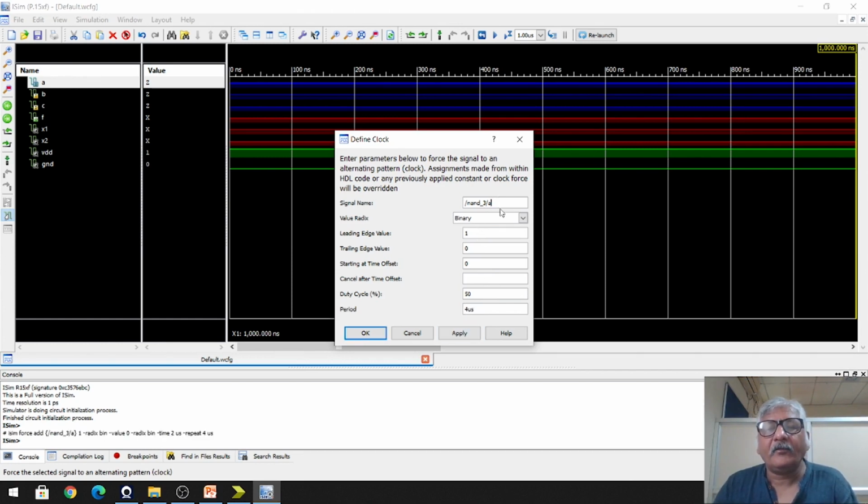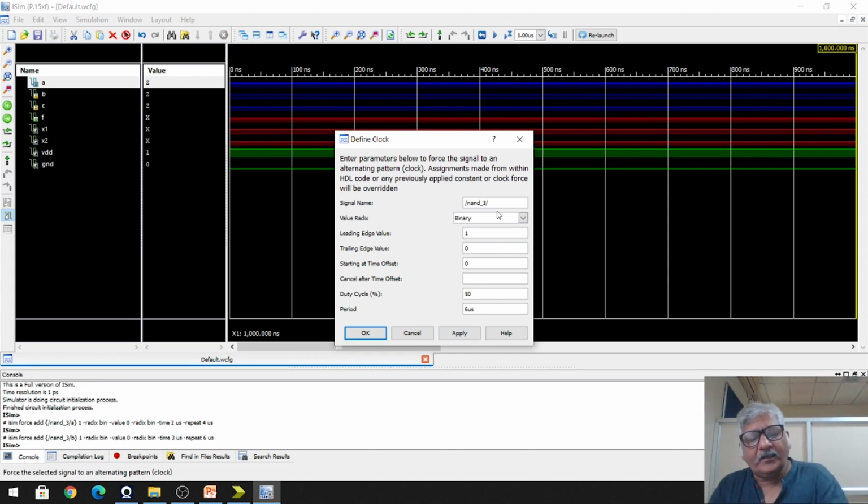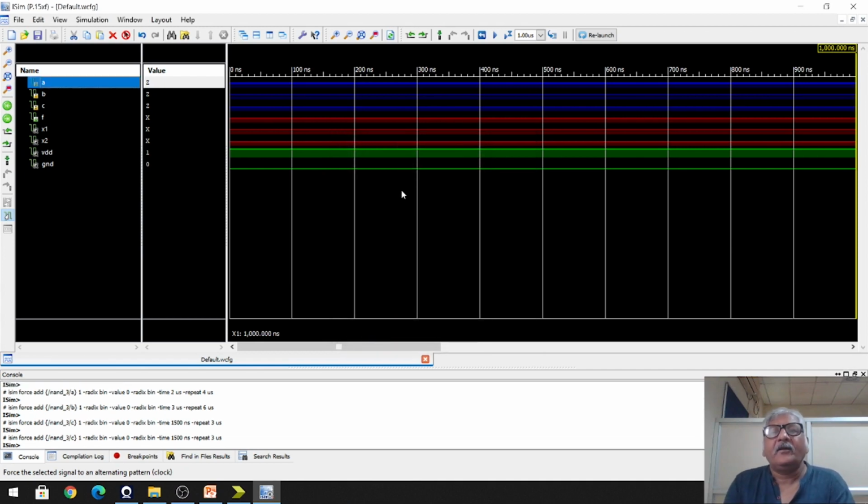Then to input B, I will apply another clock of period 6 microseconds. Now for C, I will apply another clock of period 3 microseconds. I apply this. Now I will run this code for 100 microseconds.